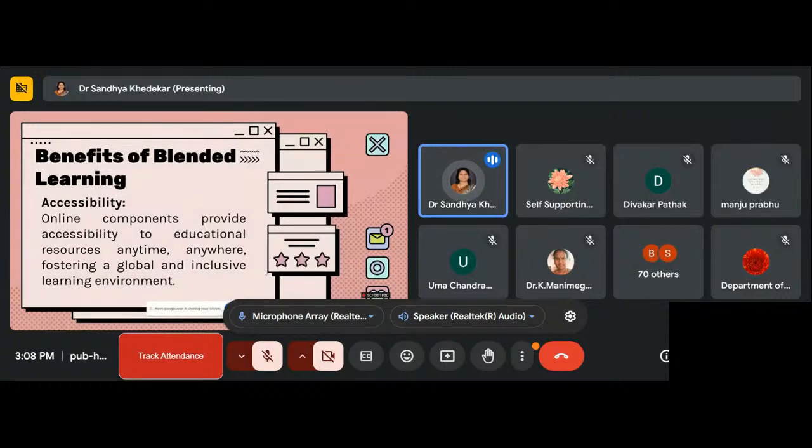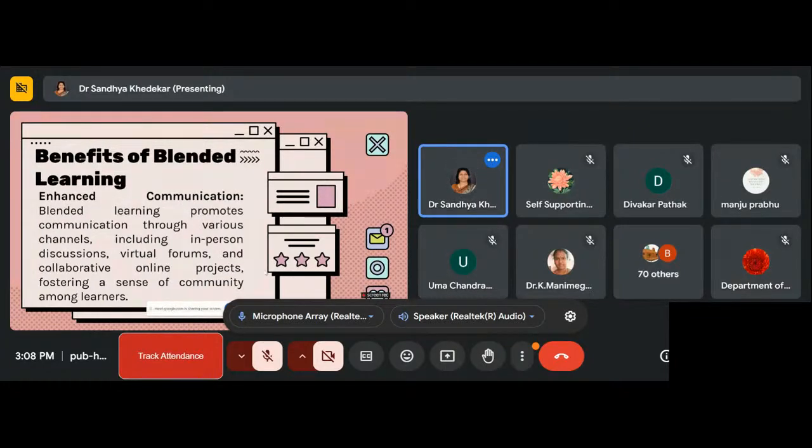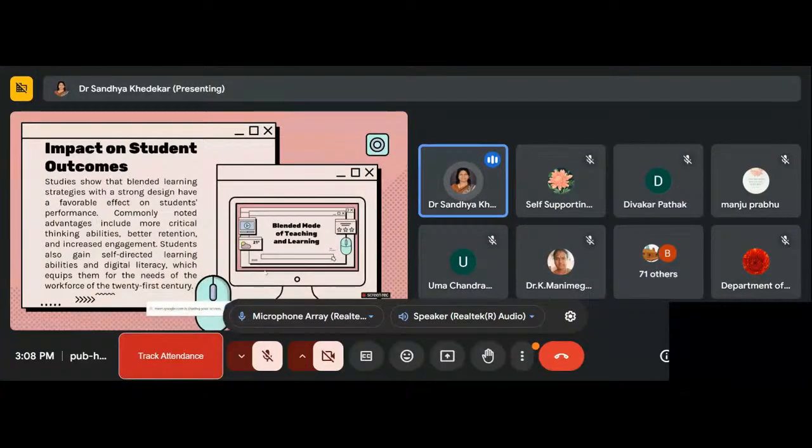Online components provide accessibility to educational resources anytime, anywhere, fostering a global and inclusive learning environment. Enhanced communication. Blended learning promotes communication through various channels, including in-person discussions, virtual forums, and collaborative online projects, fostering a sense of community among learners. So enhanced communication is there in blended learning.